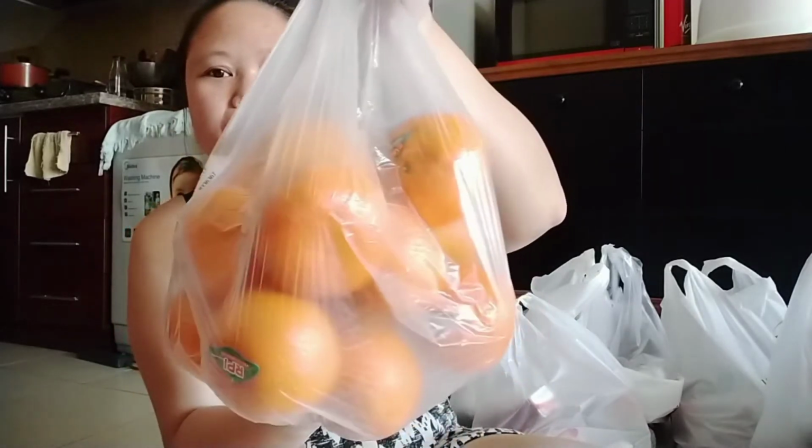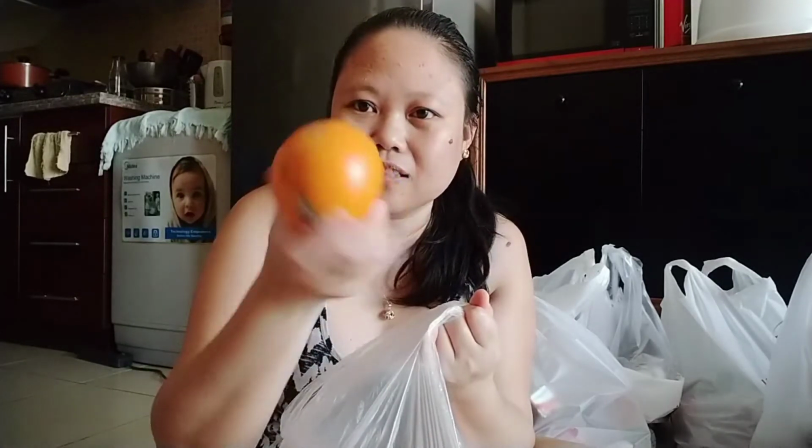So first I have this. Oh, sorry. Actually we love to eat fruits, so I purchased oranges. Oh, it's a mandarin actually. So I have this. This is about 2 kg. And I got carrots and some potato. I got cabbage